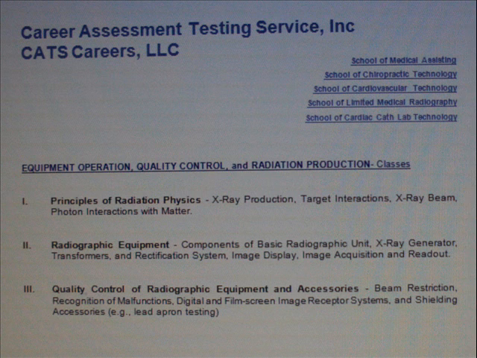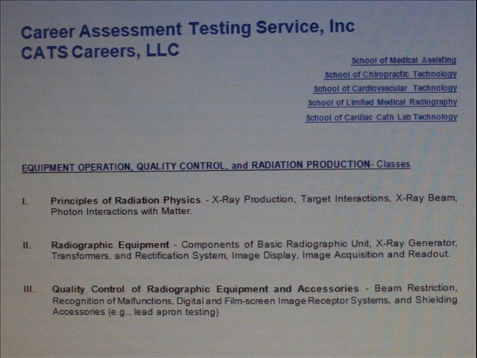Radiographic equipment. We want to make sure you understand all the components of the equipment, which includes the X-ray generator, transformers, rectification system, image display, image acquisition and readout, quality control of radiographic equipment and accessories, limiting the beam, which is called beam restriction,